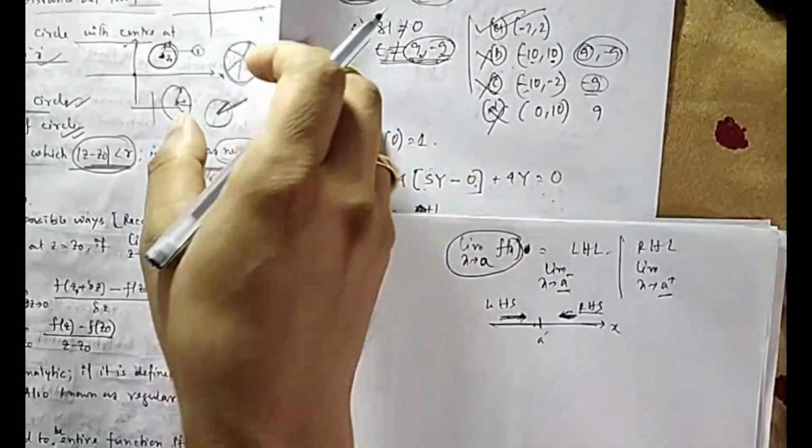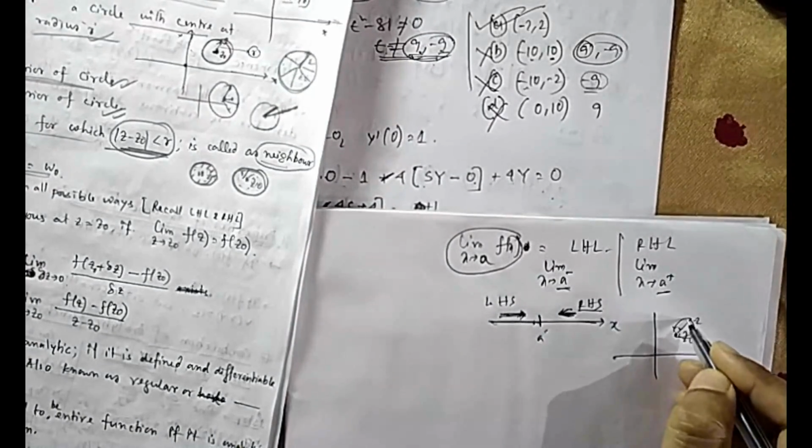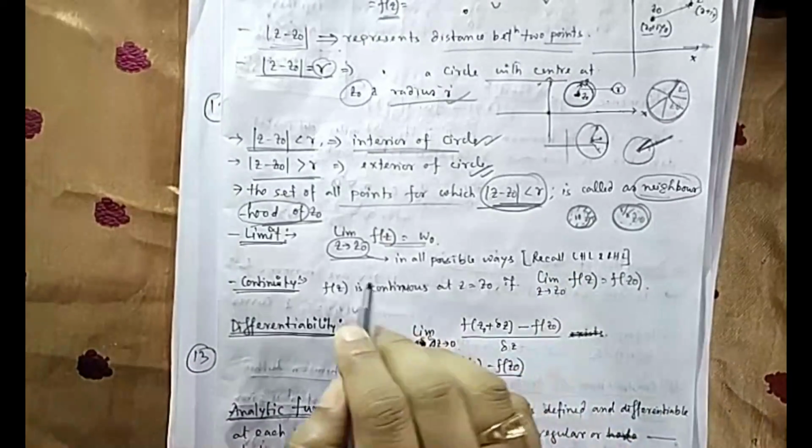But here z is in coordinate geometry, here z is somewhere here, z is somewhere here. So this z0, suppose you are here, so you can come directly, you can come through this road, you can come through another, so there are so many ways you can reach here. So the paths are different here. To reach from z to z0 is different. Here to reach at A on this axis, there are only two paths, either left hand or right hand. That's why two limits were there, only left and right hand. So same concept here, but here the number of paths will be much more. So that's what I have written here.